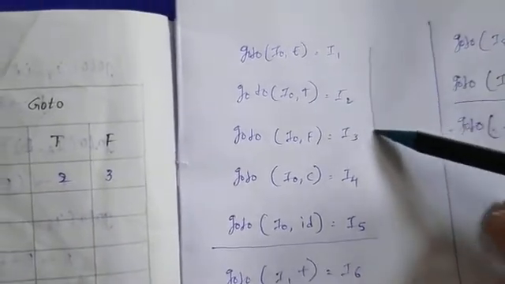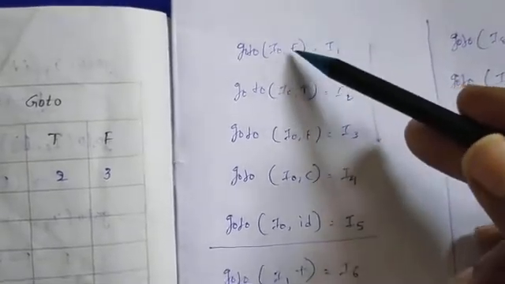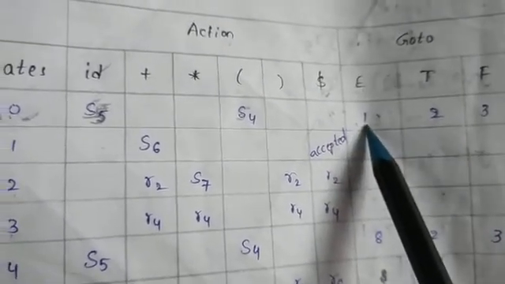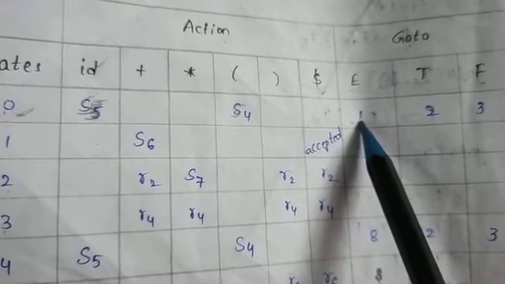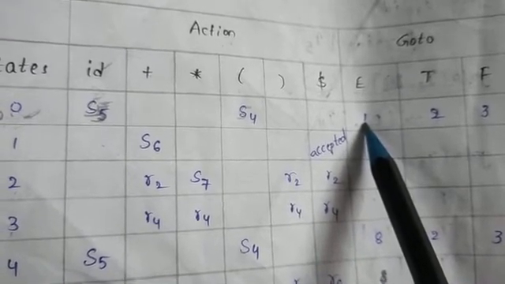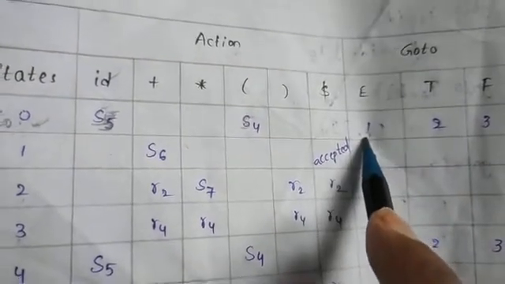Then it will go for E, T, F. These three are non-terminals. First, in I naught, when E comes, it will go to I1, in the zeroth state. While dot is moving on E, it will go to I1. So here in non-terminals, we just mention the number. No need for shift like that; processing is not implemented here. Only for terminals are we using either shift or reduce. So here for non-terminals we just include the number.